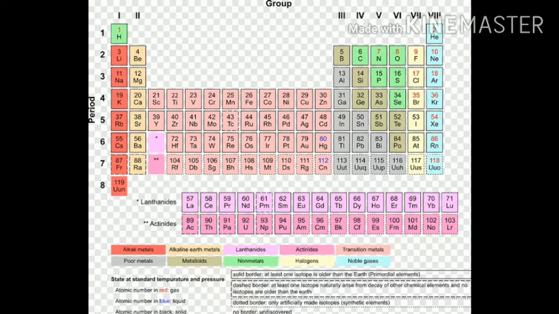Most of the students have confusion about what are alkali metals, alkaline earth metals, lanthanides, actinides, transition metals, poor metals, metalloids, non-metals, halogens, and noble gases. For that I have taken this periodic table on the screen. On the screen, in the periodic table, you are able to see this information. In this, the first red column indicates alkali metals. Next, the yellow column, which starts from 4 and ends at 88, which means beryllium to radium, is our alkaline earth metals. Next, the two rows which are placed at the bottom